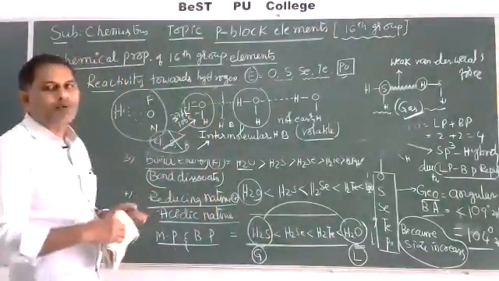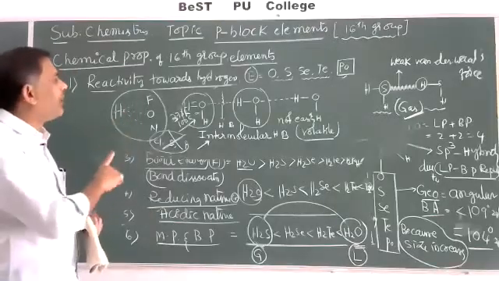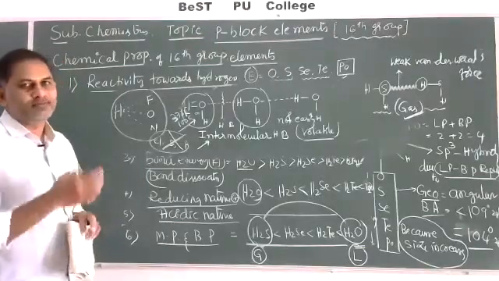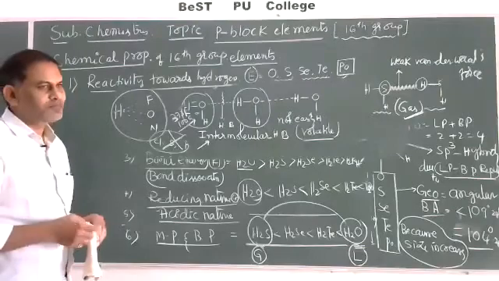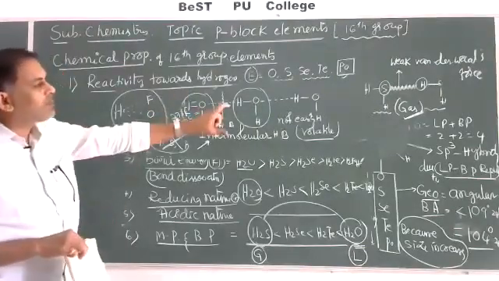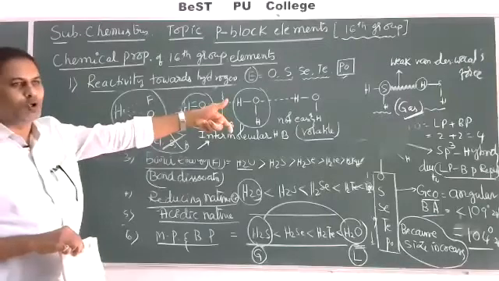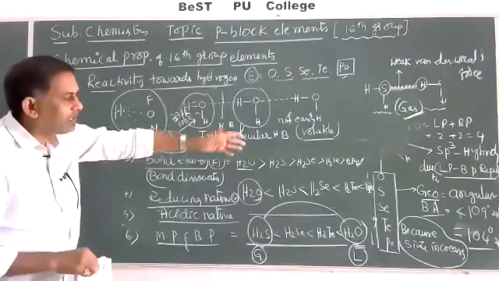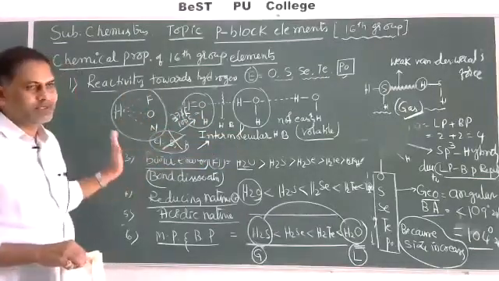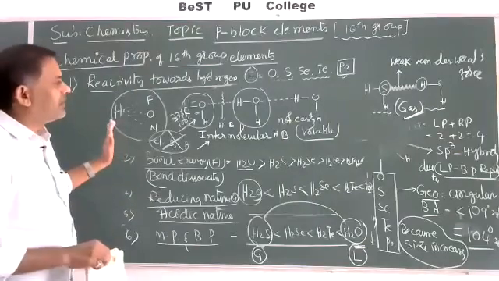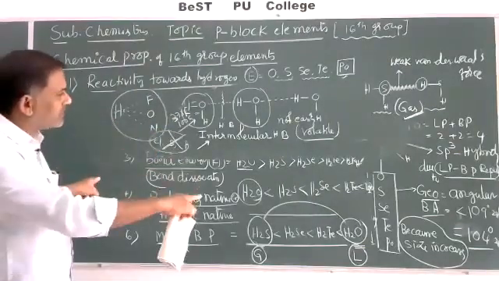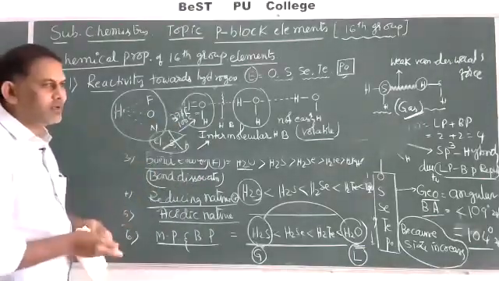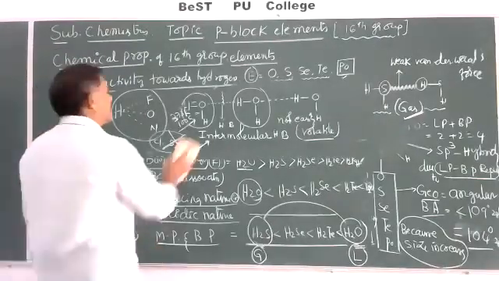These are some important points about hydrides of 16th group elements, that is, reactivity towards hydrogen. Clear? On the basis of structure, number of lone pairs and bond pairs, hybridization, bond angle and bond length, we can manage all these points. Better you read from the textbook. In the textbook this is not given clearly, just a theoretical explanation and one table. Better you read it. Okay. Next, the second important thing is